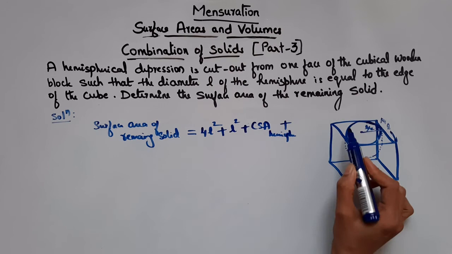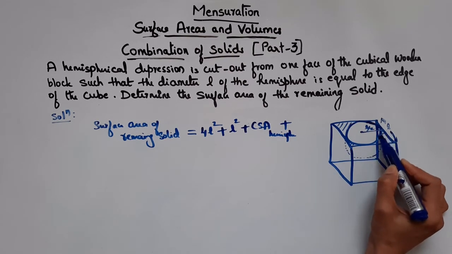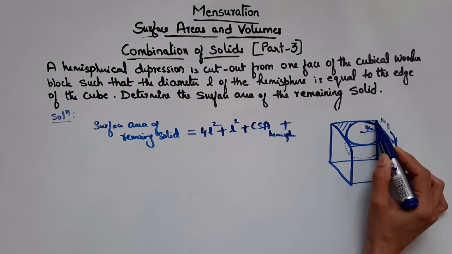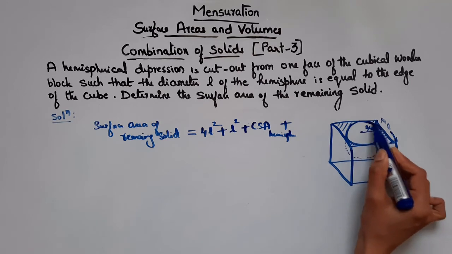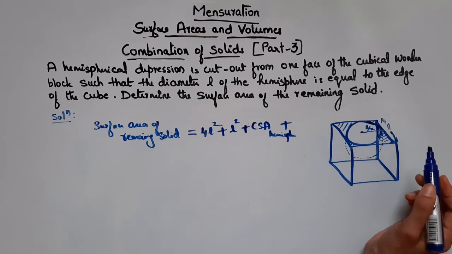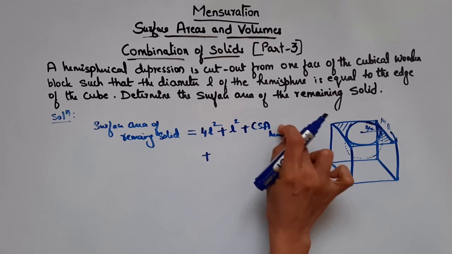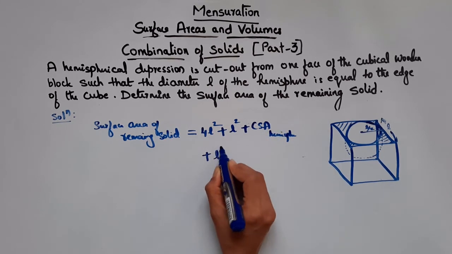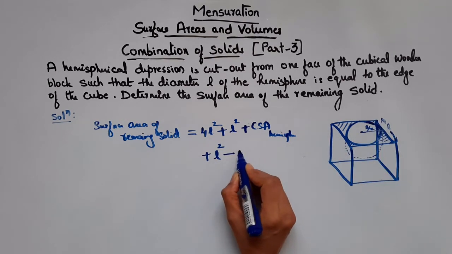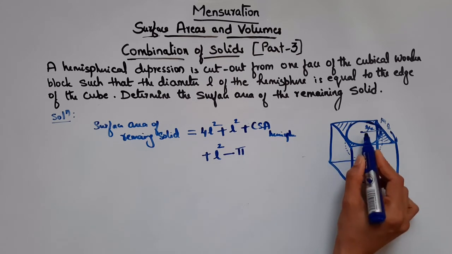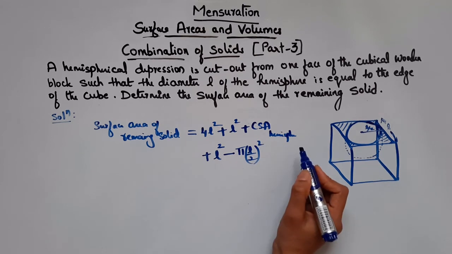plus you can also see this part. Agreed? Now what is this? So from the area of this square, if you subtract the area of this circle, that will give you this area. Agreed? So plus, let me erase this plus here. From the area of the square, the area of the square is L square minus the area of this circle. So the area of the circle is pi r square. R here is L by 2. So pi into L by 2 the whole square, right?